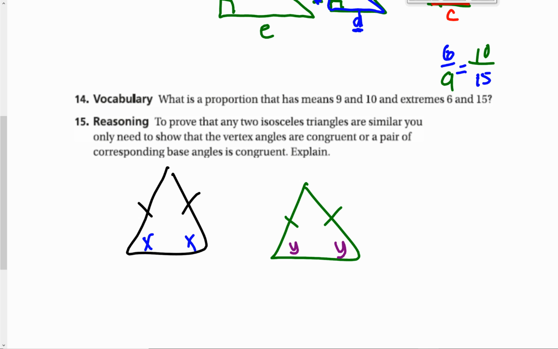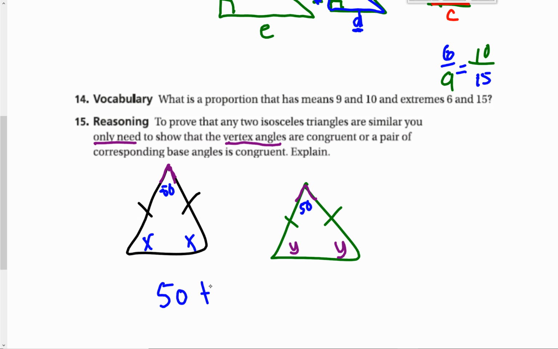So what it's saying is, in order to prove that these two are similar, you only need to show that the vertex angles are congruent. I'm talking about vertex angles is right here. So if I show that these two angles are congruent, then these will be similar triangles. Okay, so if I say this is 50 and this was 50, they are the same, that means that these two would be similar. Well, how do you know that? Because if I know this is 50